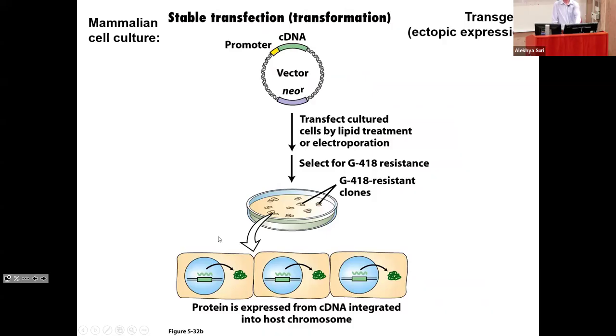So in the presence of this drug, G418, an antibiotic, you force cells, or you